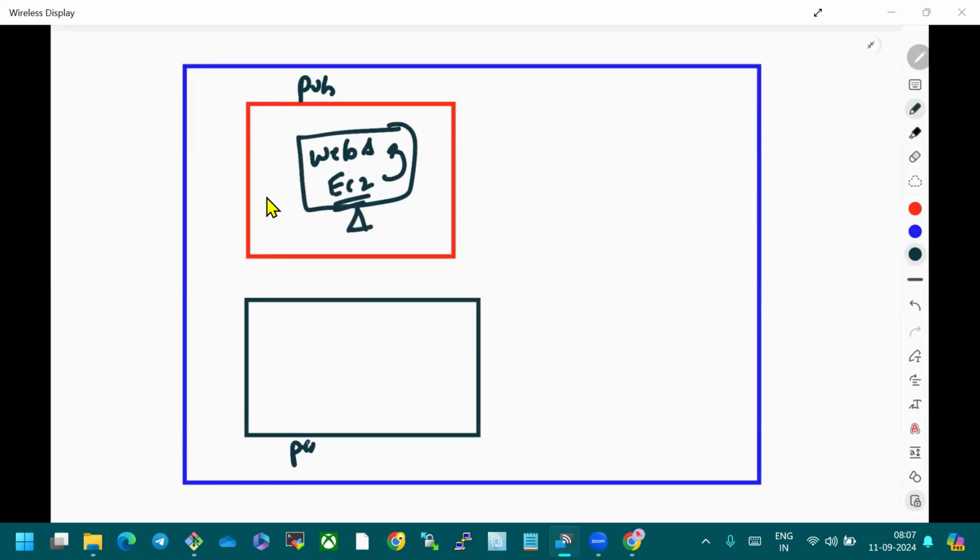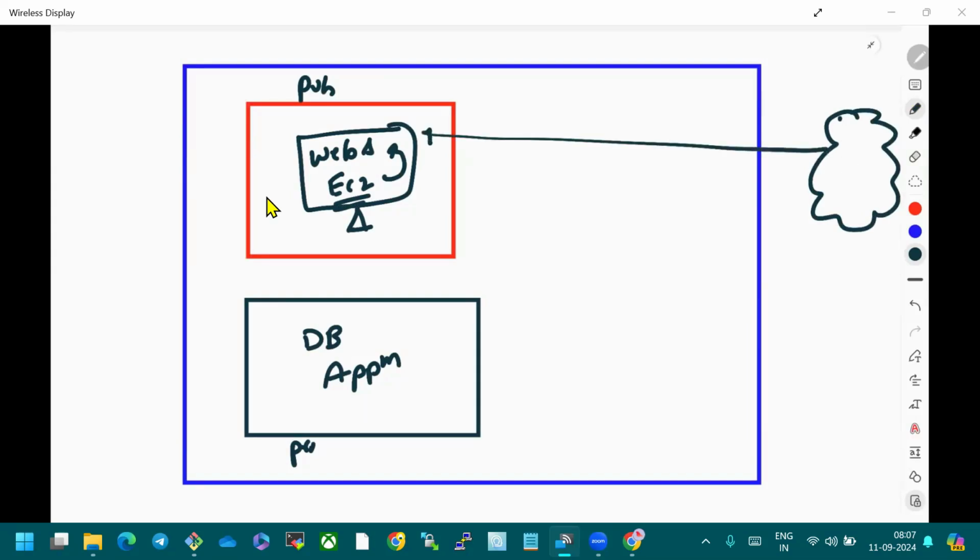And inside my private subnet, I'm going to host my database servers and my application servers. That means no general public needs direct access to my database. Only the people from the internet can access this application through my public subnet.